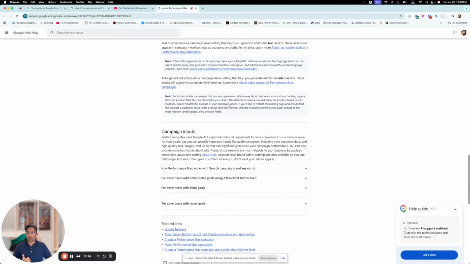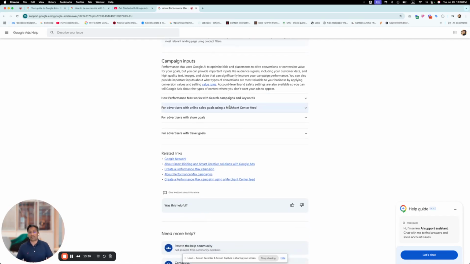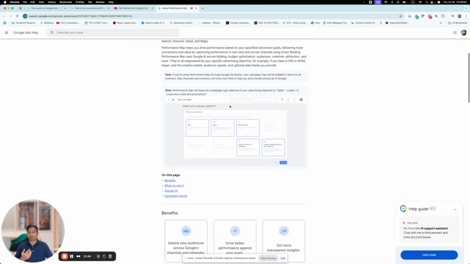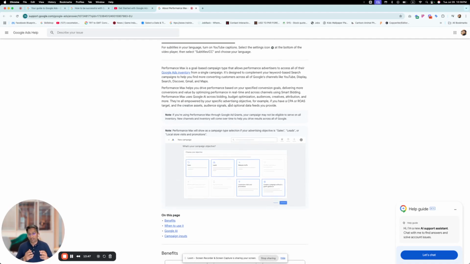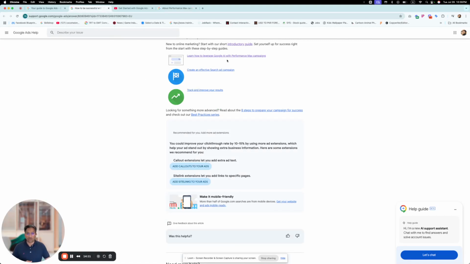So Performance Max is your one-stop solution to cover all of these placements, and you would be able to target your audiences or users without being worried about targeting each individual placement separately. So it's a wider coverage and delivers better results, but to utilize it, you need at least roughly 2 months' worth of experience on the Google Ads advertising platform to try out the Performance Max campaign, because then you would be able to understand how the overall Google Ads system works.